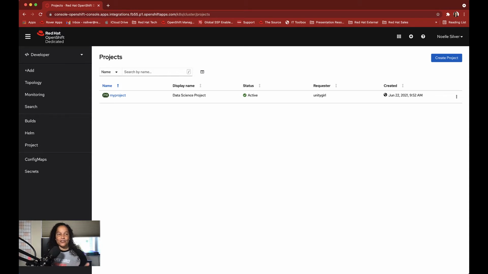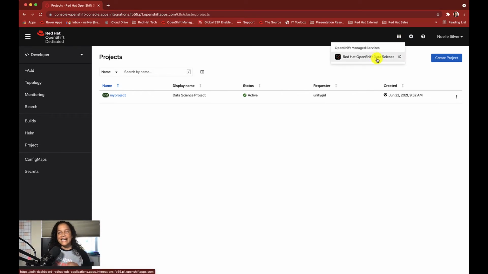So the first thing you'll notice, I am in Red Hat OpenShift Dedicated. The Red Hat OpenShift Data Science add-on is actually available for OpenShift Dedicated as well as OpenShift on AWS. So you have a couple different options there. I'm going to go over to this little symbol. It's a little waffle looking symbol. You see it in like Gmail and other types of products. This usually indicates that there's like add-ons or different applications you can get access to. So if you click on this, you'll notice it says Red Hat OpenShift Data Science, and we can get access